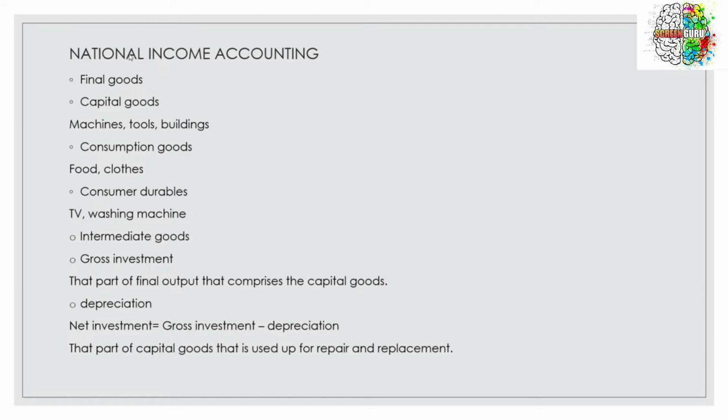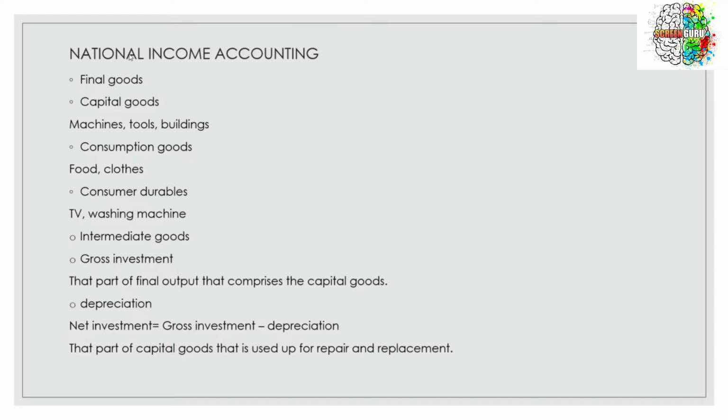Say for example, you are a cotton farmer and you have produced some raw cotton, which you will sell to a textile mill owner. He'll convert that raw cotton into a shirt, which will finally be bought by a customer. So that shirt is the end product or the final good, because that shirt cannot be improved any further. So you cannot do value addition to that shirt, while all the other raw materials that went into making the shirt are called intermediate goods. So final goods can be of two types, that is capital goods and consumer goods.